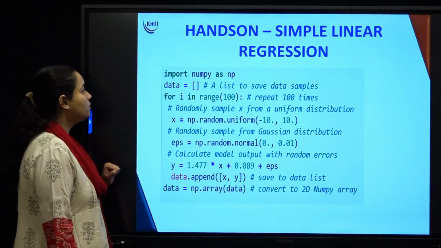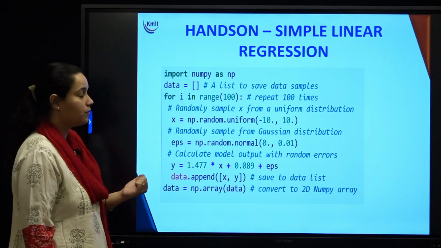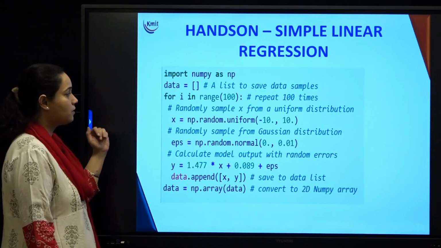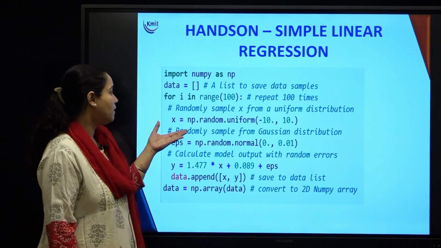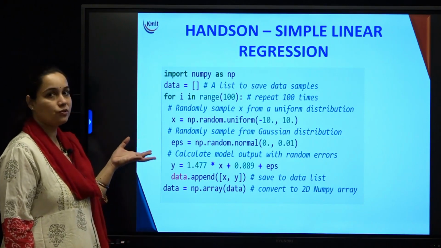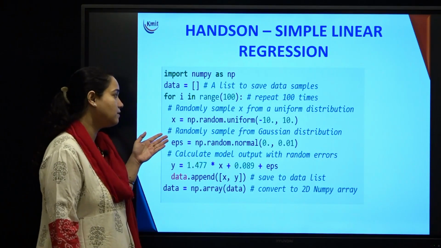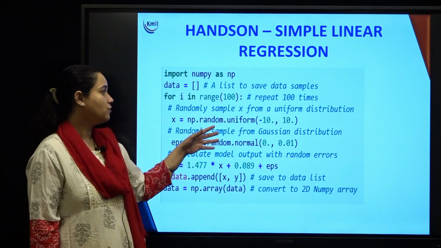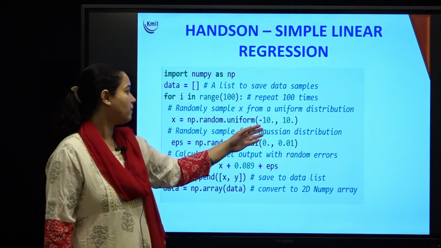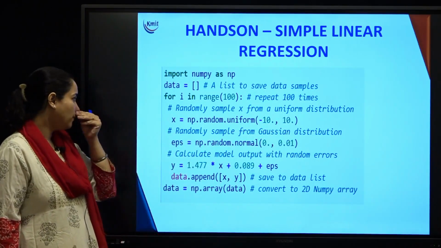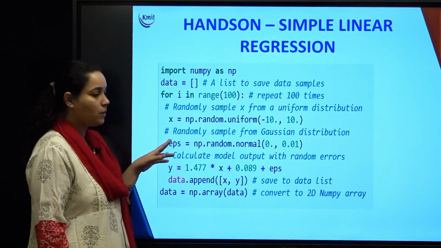What we are going to do here is, first, as usual, import NumPy, because we are going to do a lot of mathematical calculations, and then we start with an empty list, and then we try to pick up a random sample from a uniform distribution of input samples. So x is what we have taken as an input, a random uniform distribution over the range of -10 to 10, and apart from this we are going to have